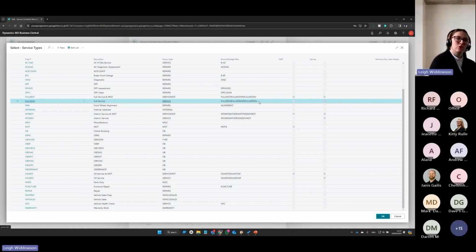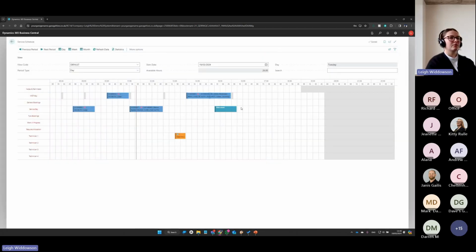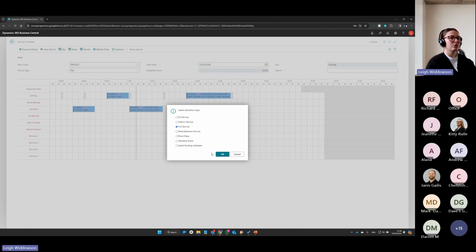And like I said earlier, you should have one version that matches the car in question, which means that even though we have 3 service packages for full service, only one package should apply, depending on whether it's an electric car, whether it's over 3 litres, or whether it's under that and falls into the multiple versions of the full service categories. Okay, so if we have a look at how that creates, so drag some time, select a full service, click OK,